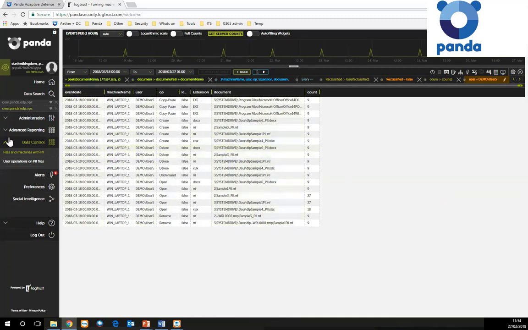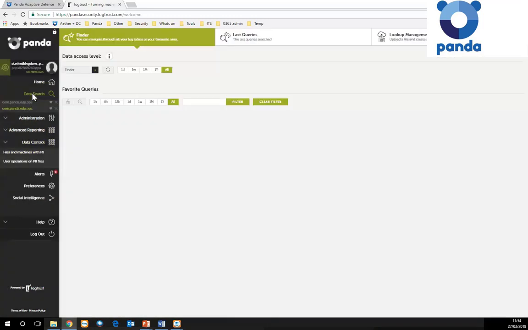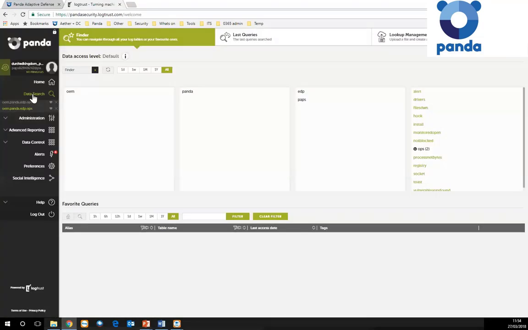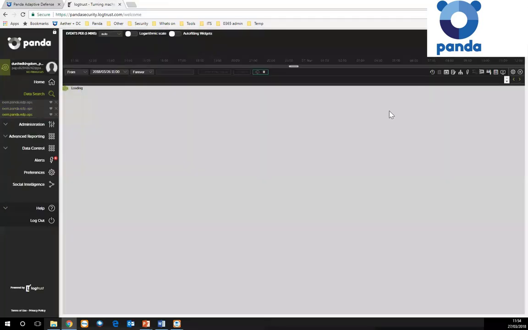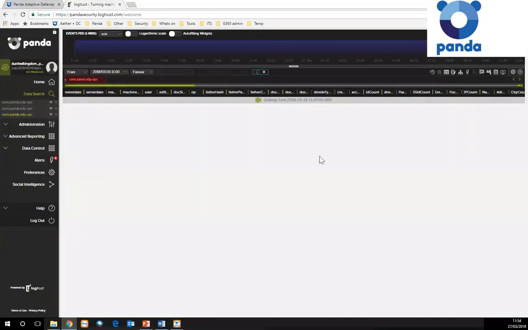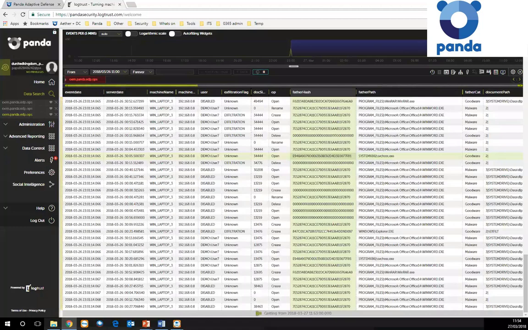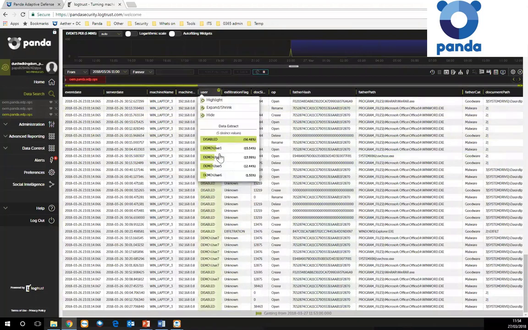So if we go back to data search quickly, go back into my data control event table. You may have some particular reasons to create your own filters in here, which you're completely capable of doing. So maybe you want to pick on a particular user. So let's click on user 5 there.